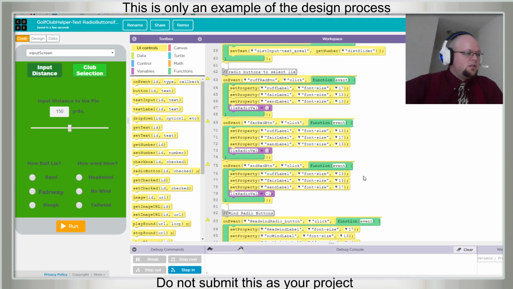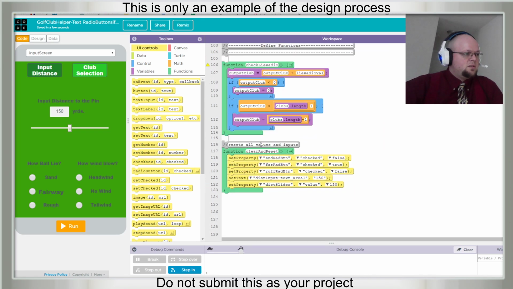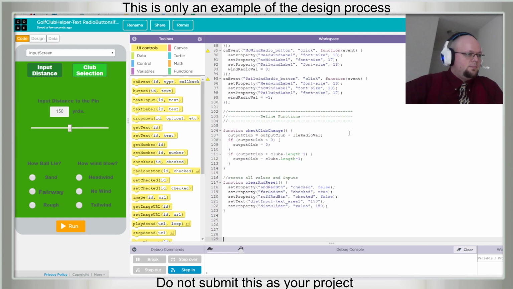Check club change, and we'll change this function to check club change, and... no, let's undo that. Let's call